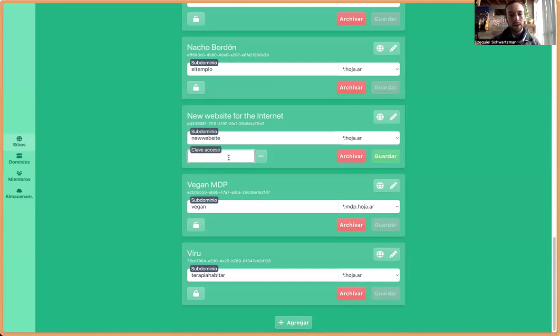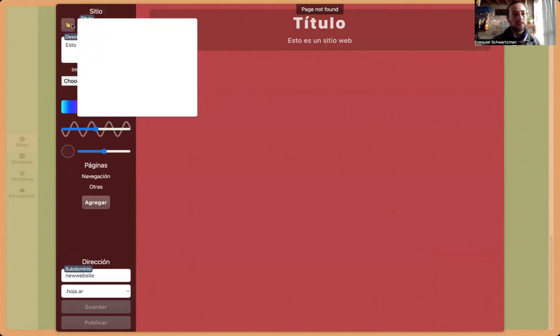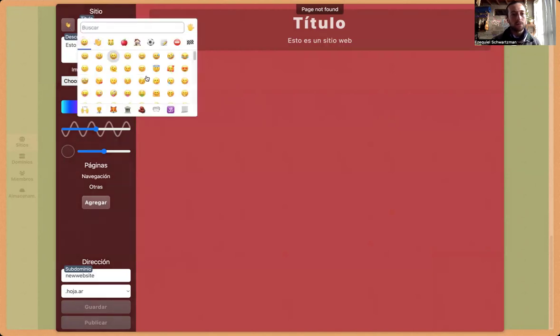We can click here to set an access key. We're gonna do hello internet. Okay, it saves the access key. I'm gonna save this. And now we're gonna open the editor by clicking this button. The editor is another section of the app. And on the editor, we can set